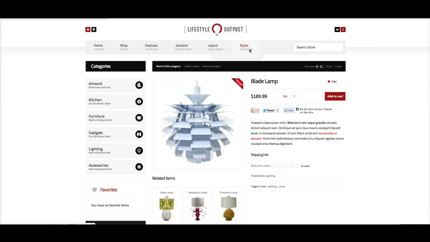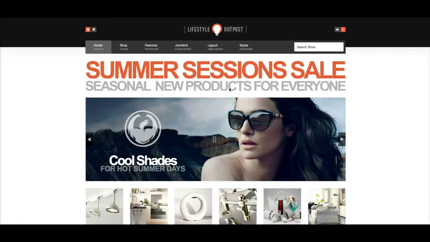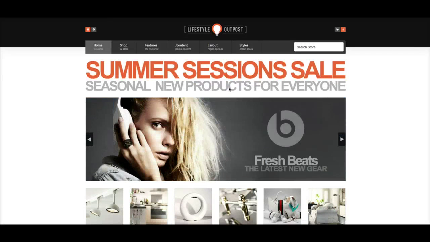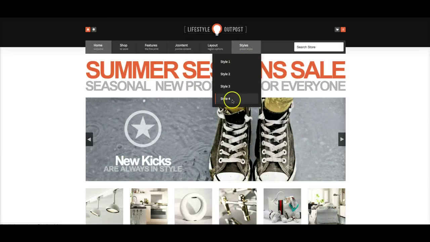Okay, and let's check out a couple more styles here, and then I'll go ahead and show you the back end and show you a few things that you'll need to know when you set this template up. So we're going to go to style 3. Style 3 is an orange style, and we darken the header on this to give it a little more contrast. I think some of you might want to even go ahead and do some styling here with the whole template to make it darker if you want. That might work good for, say, an electronics store or something. If we go over here to style 4,